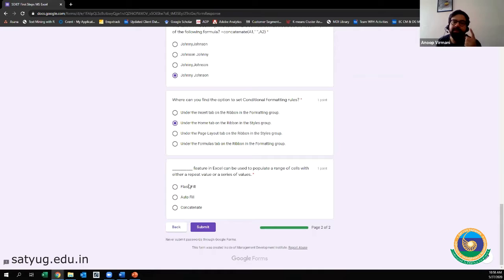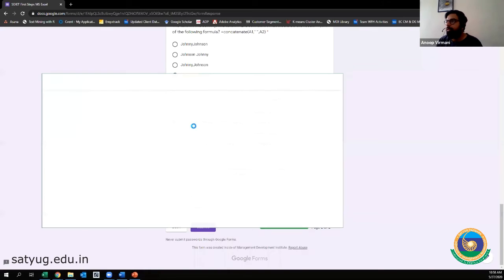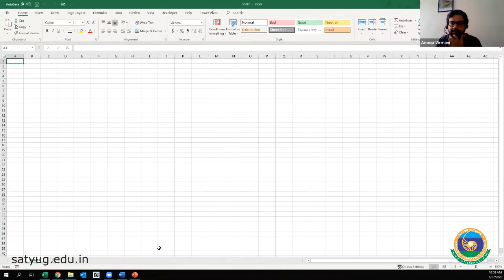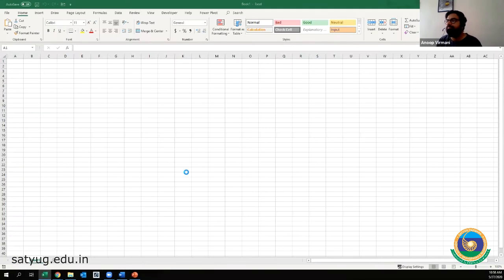So flash fill, as we discussed, senses a pattern and does the work on its own. But autofill doesn't know any kind of pattern. So it can either give you the copy or fill the series. Let us do an example so that you'll get to know better. Don't confuse yourself between flash fill and autofill.